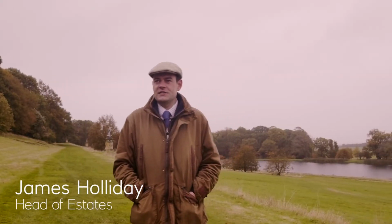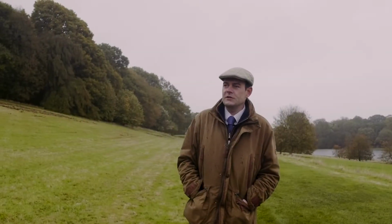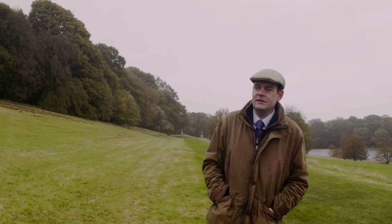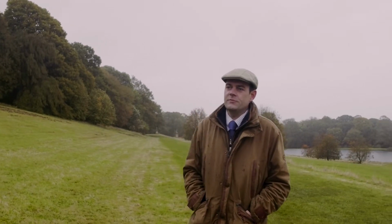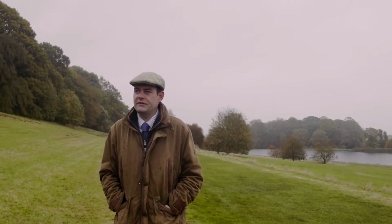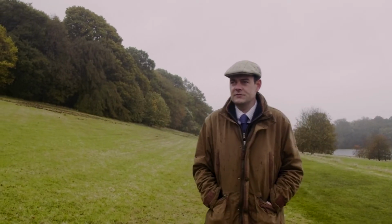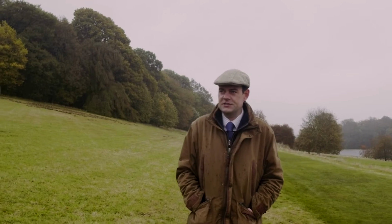We find Castle Howard set in the area of outstanding natural beauty that is the Howardian Hills AONB. So typically we're seeing a heavily wooded landscape interspersed with grass pasture and also arable field parcels. For the building and monument conservation on the estate, we've carried out renewal of the dome following the fire in 1940, various lead works on many of the statues, and also a huge amount of stonemasonry around the estate using